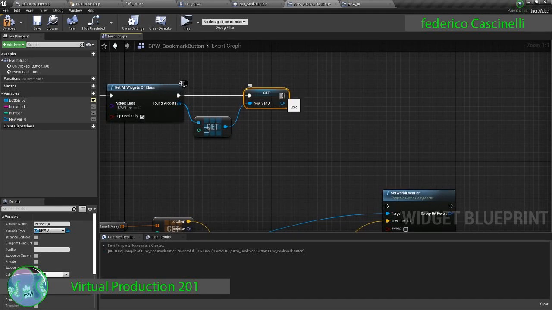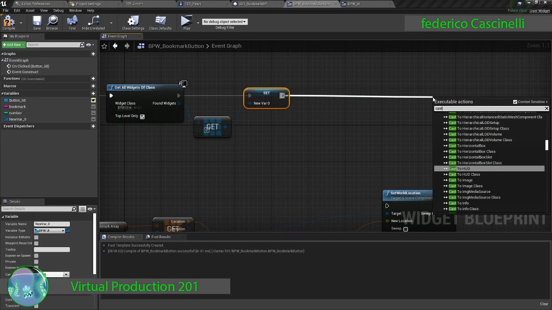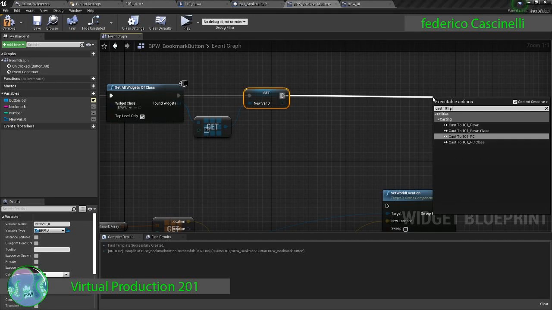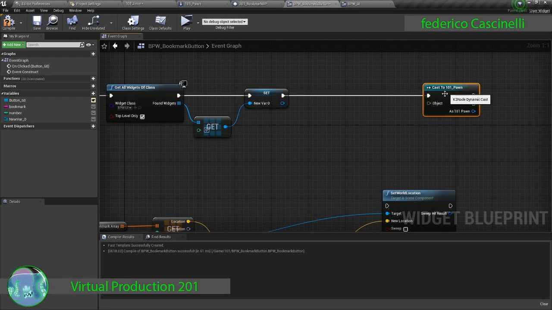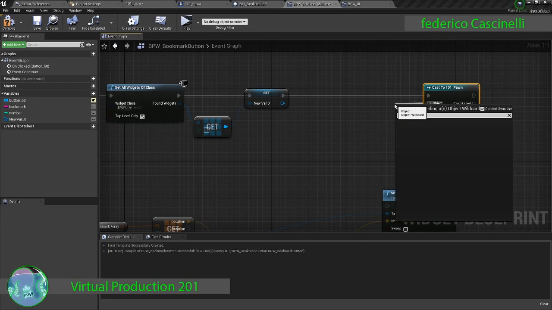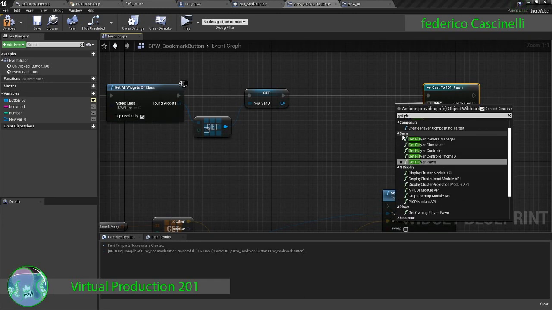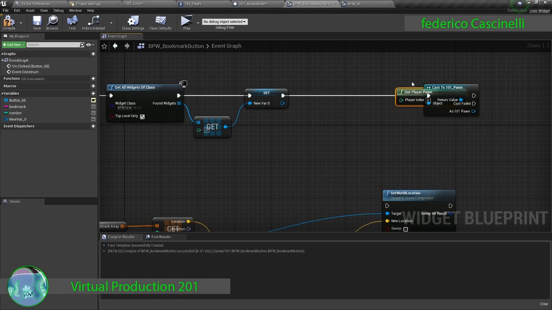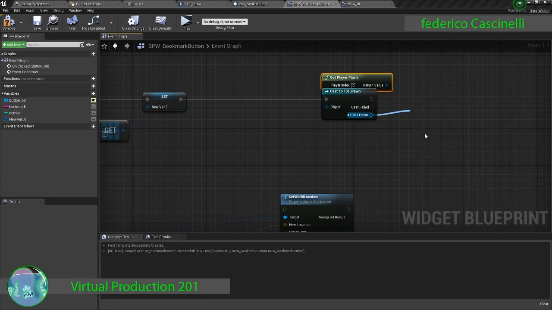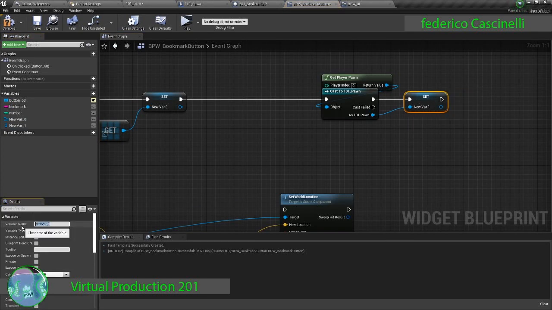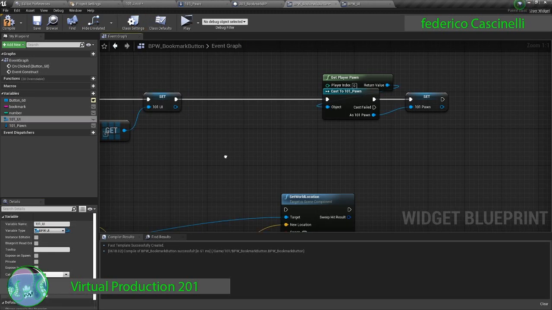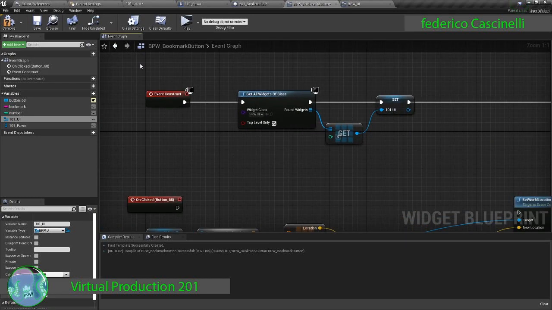And then we need the pawn, so we cast in this case to 101 pawn. The pawn is a player pawn, so we get the player pawn reference object, and we set the variable as a reference as well here, and we call it 101 underscore pawn. Oh, this one is 101 underscore UI. Okay, good. What we're doing here, when the game starts,